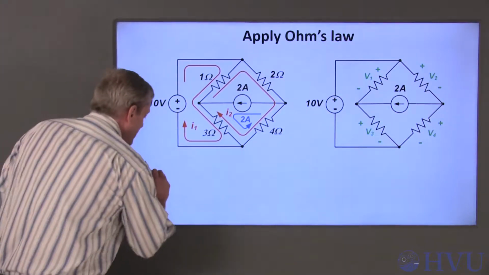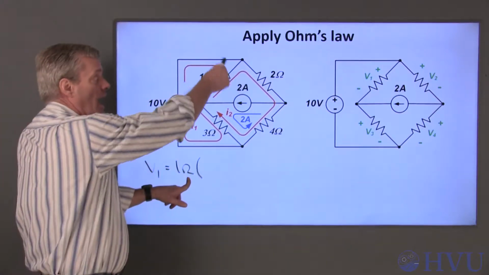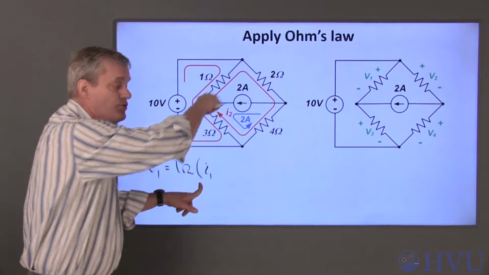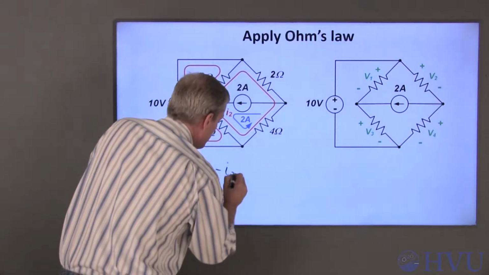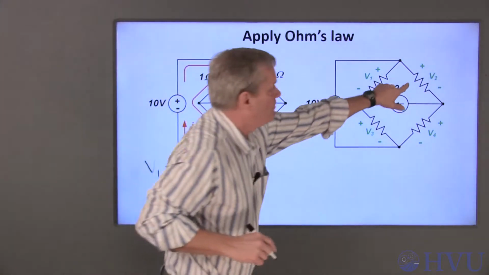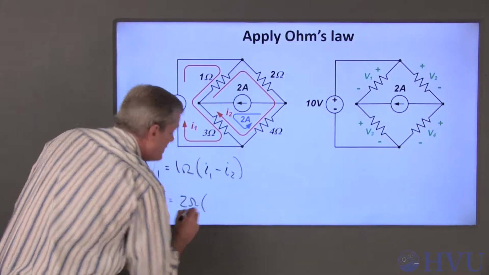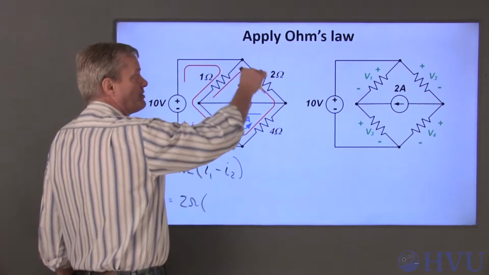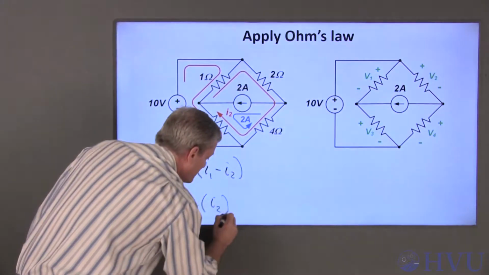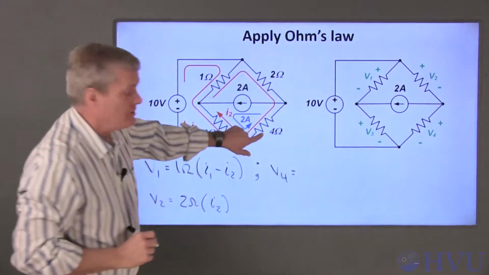So the voltage V1 is the resistance, 1 ohm, times the sum of the mesh currents. I1 enters this positive terminal, so it's a positive contribution. I2 enters the negative terminal, that's a negative contribution. Those are the only two currents going through that element. We're done. For the voltage V2, that's equal to its resistance, which is 2 ohms, times the sum of the mesh currents. The only mesh current going through there is I2. It's entering the positive terminal, so that's a positive contribution. For V4, V4 is its resistance, 4 ohms,